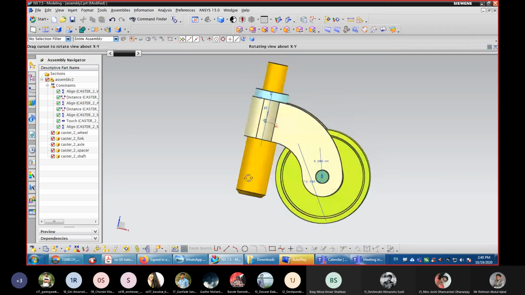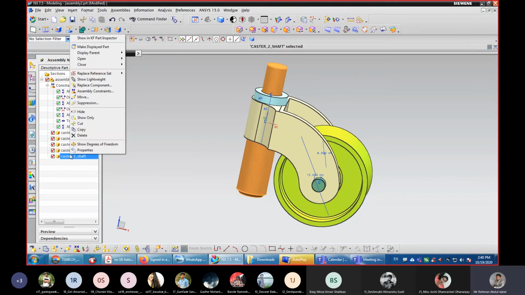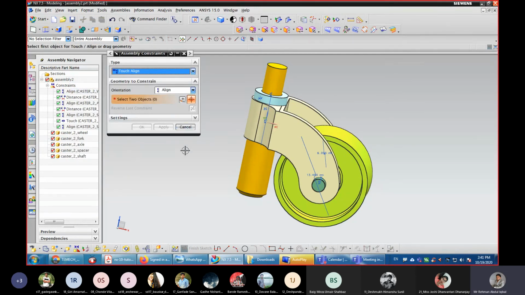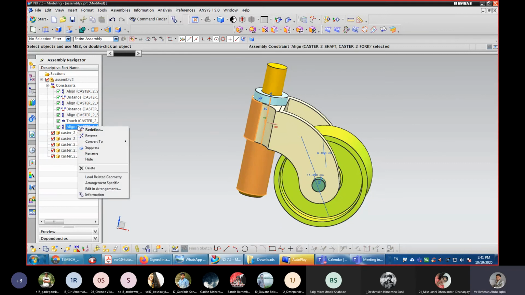Now you can see this. It should be reversed. ये उल्टा हो गया है. इसको कर दो रिवर्स.